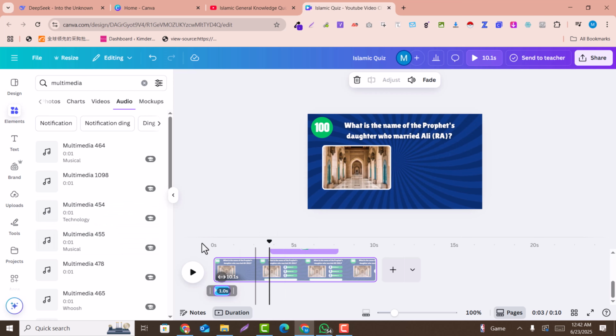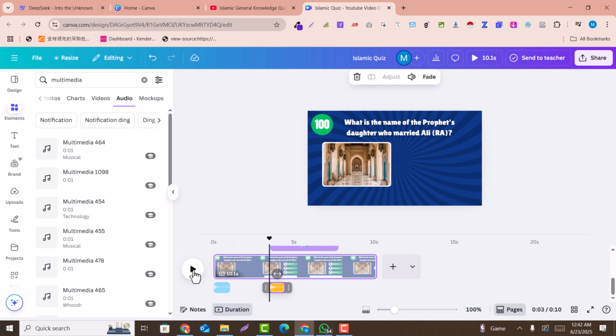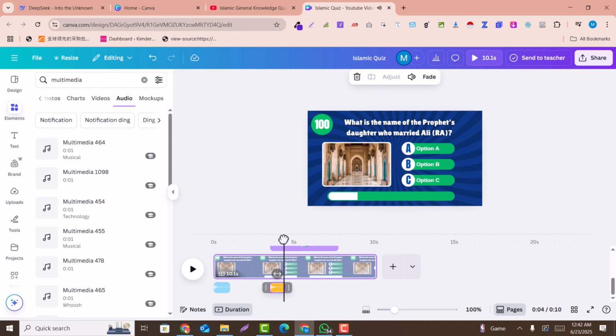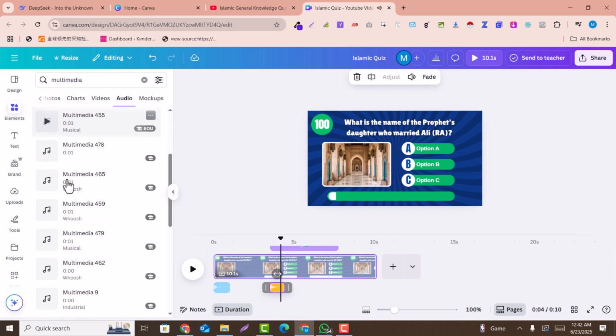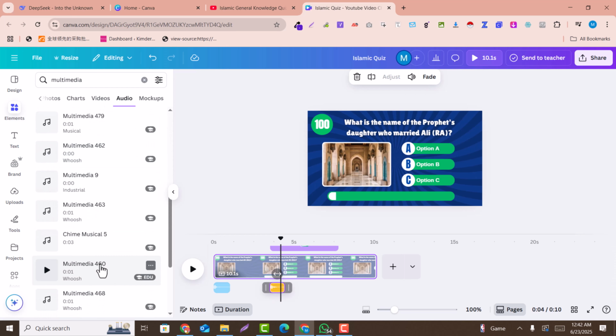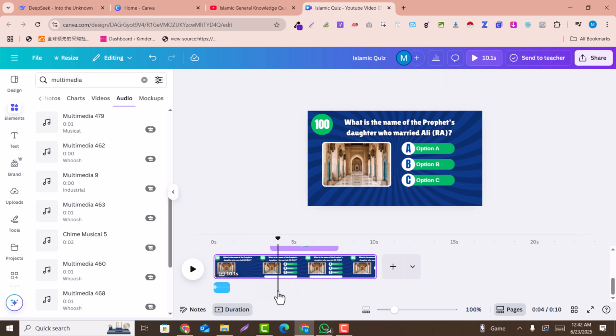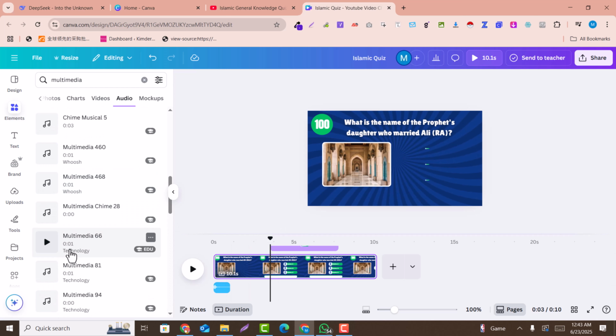So in the options I select this, for example here, you can see these are the options. So there are many multimedia options that you can use. For example, this one or this one. So here I just cut this off and select another multimedia option from that. For example,